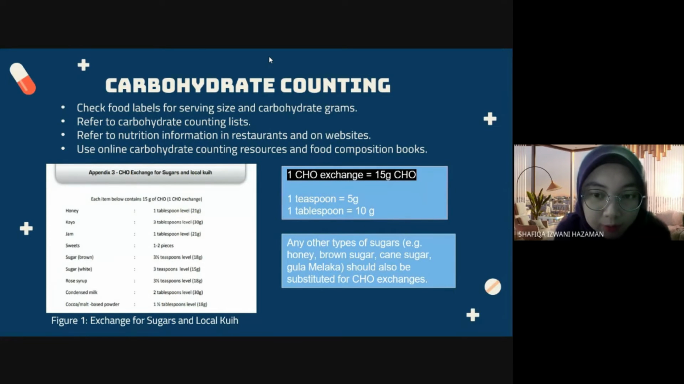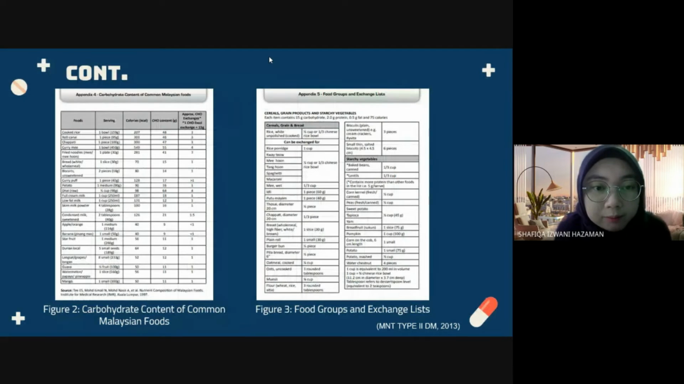substituted for carbohydrate exchange. Next, figure 2 shows the carbohydrate content of common Malaysian foods such as cooked rice and roti canai, and figure 3 shows the food groups and exchange lists for cereals, grain products, and other starchy vegetables. For example, half cup of rice equals 1 exchange, which is 15 grams. Next,